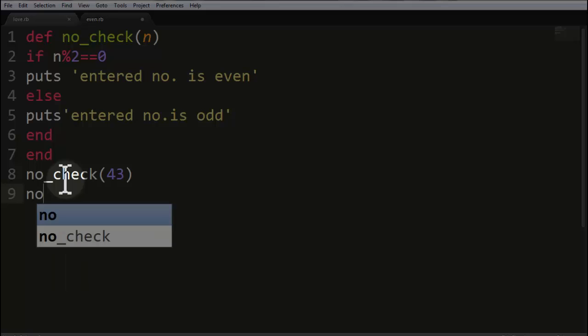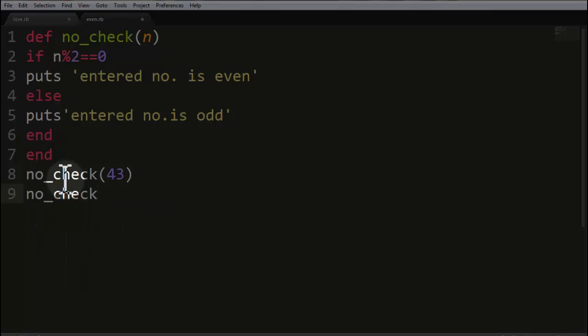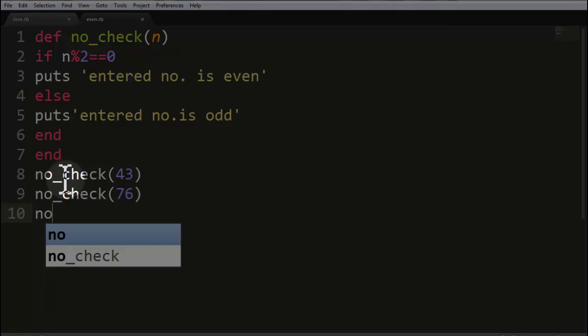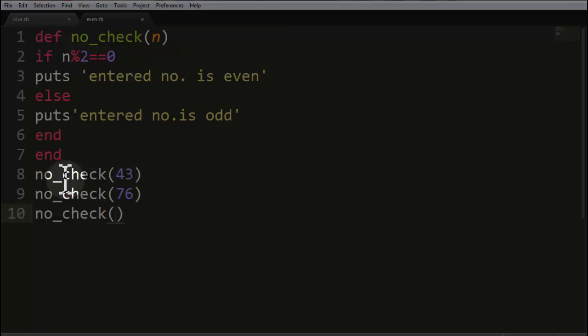Then again number_check 76, and again number_check 98. Then again here we are going to end our function, right?